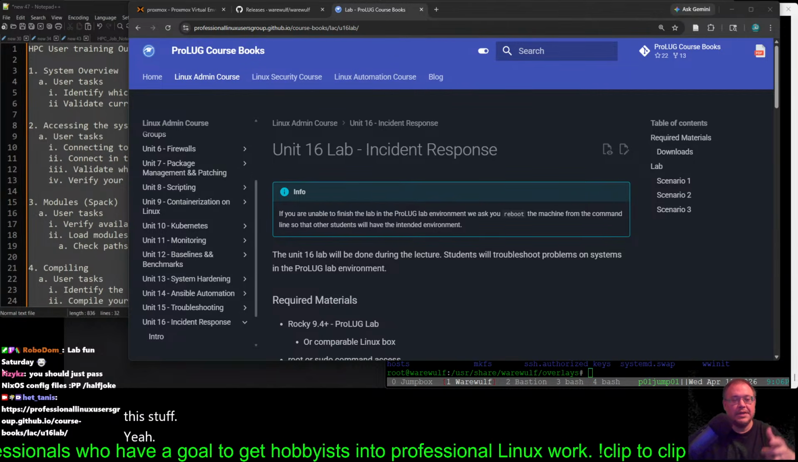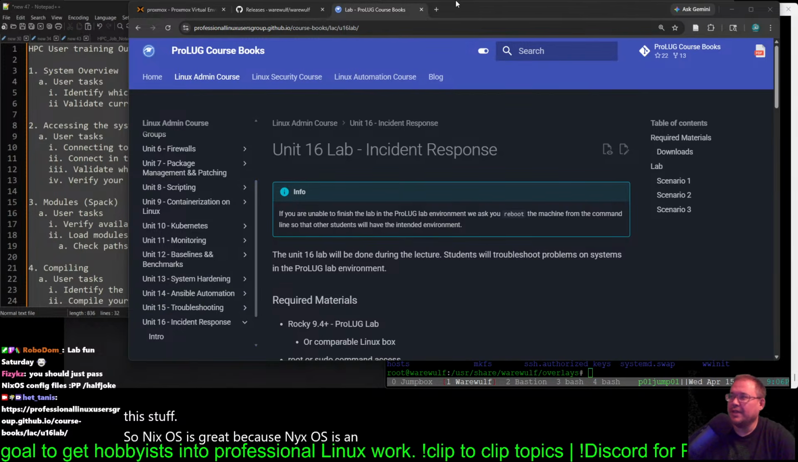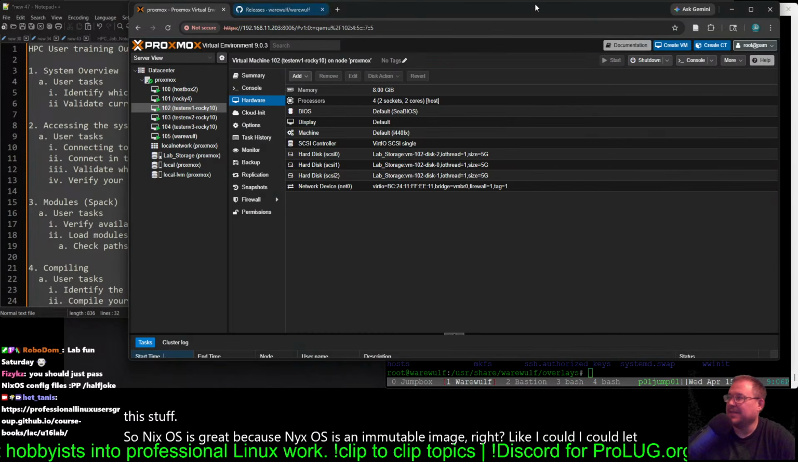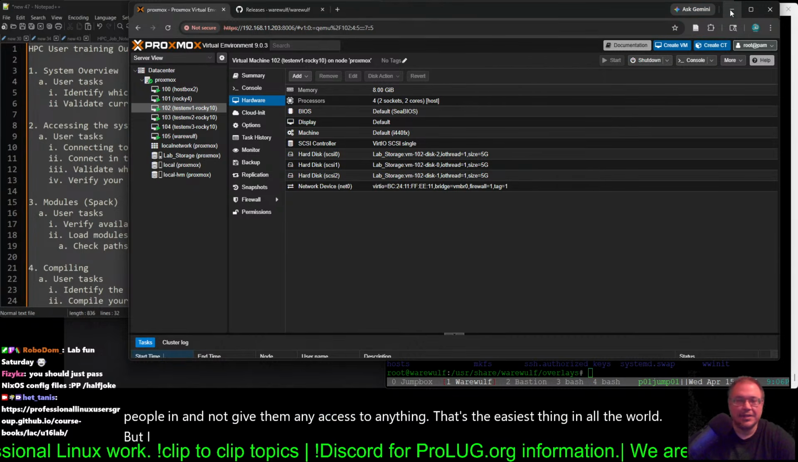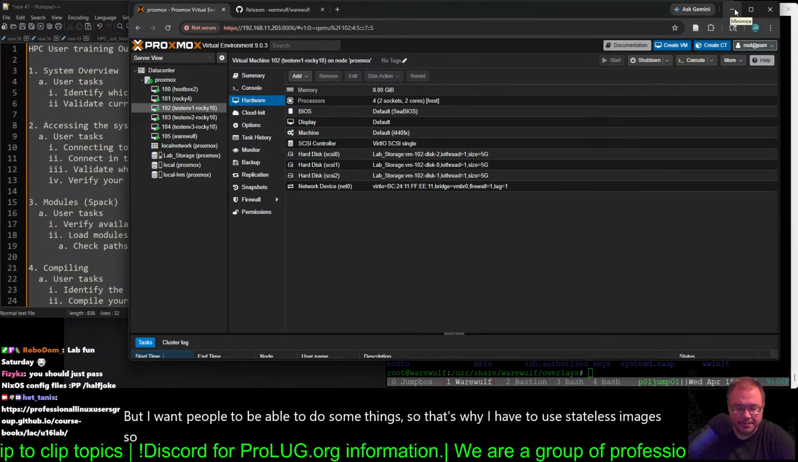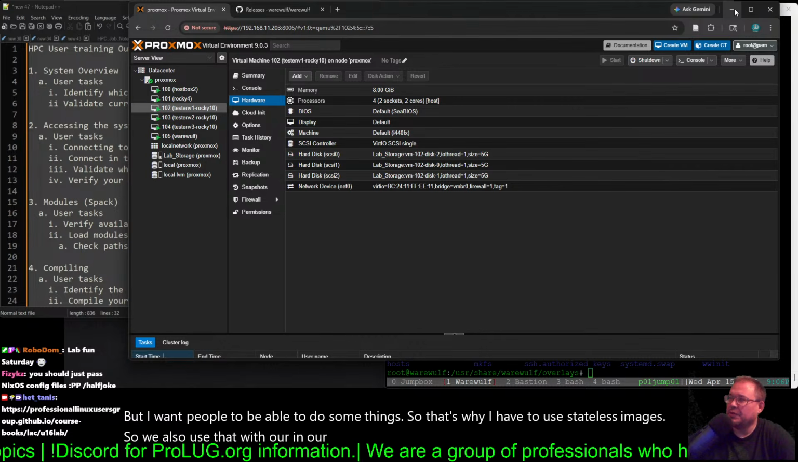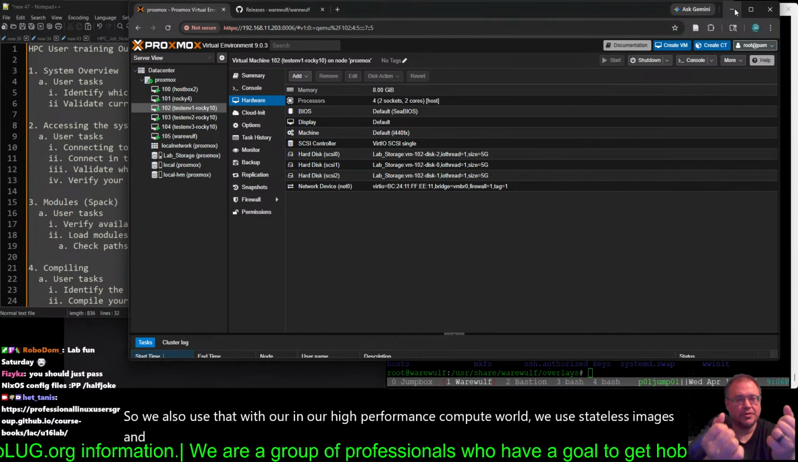Yeah, so NixOS is great because NixOS is an immutable image, right? Like I could let people in and not give them any access to anything. That's the easiest thing in all the world. But I want people to be able to do some things, so that's why I have to use stateless images. So we also use that in our high performance compute world. We use stateless images in compute because compute sits in this weird space where there's two things that have to